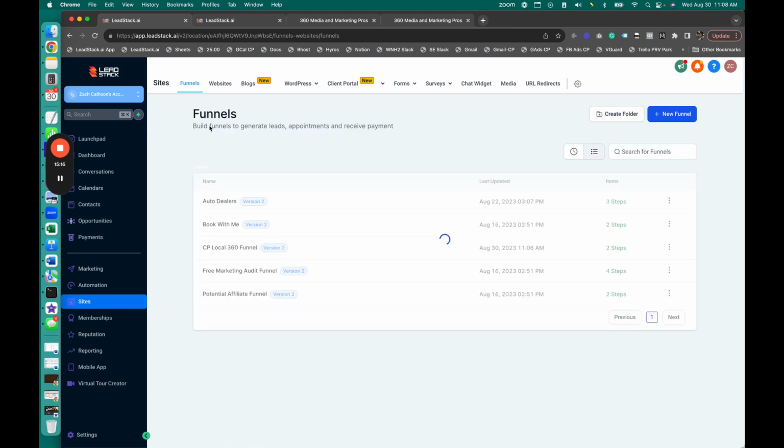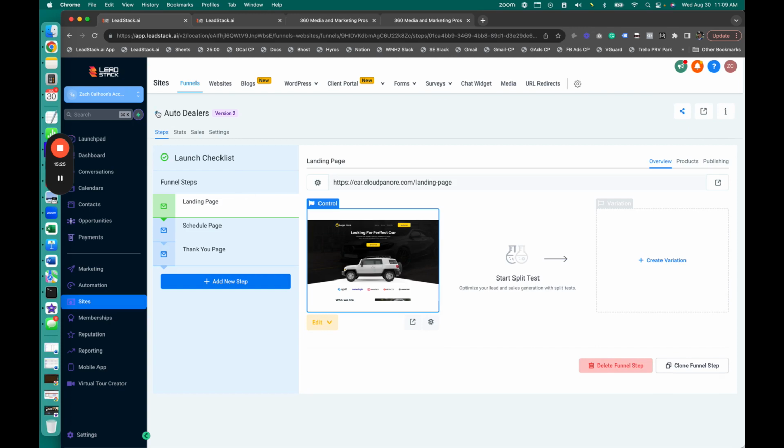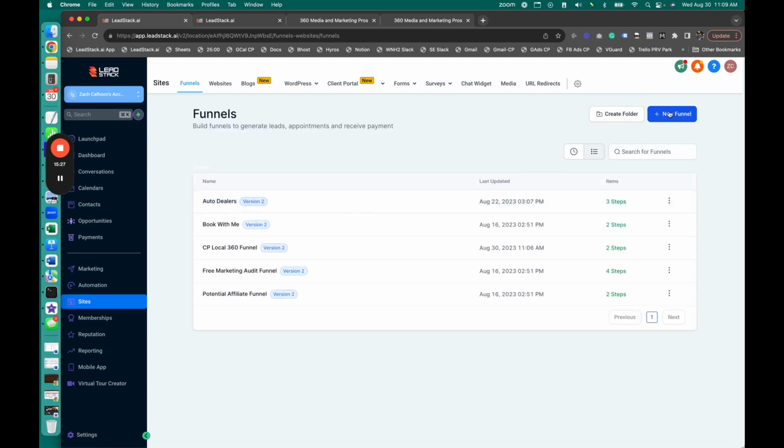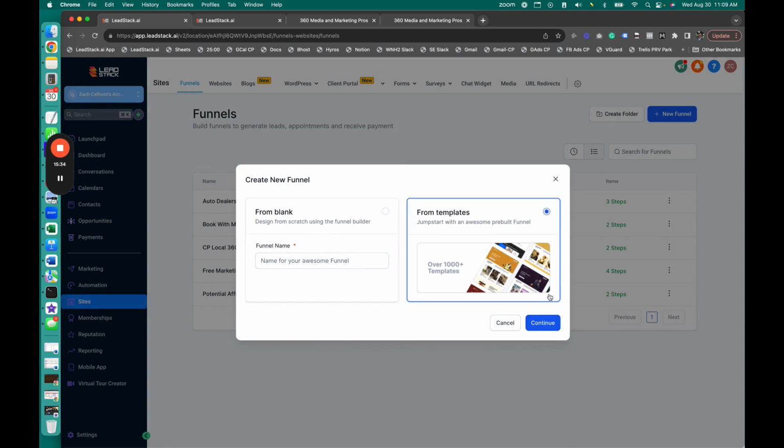I'm gonna go back and I'm gonna show you. So we have templates, okay? Templates you can use. And this, for example, is an auto dealer template that I pre-installed, and I'm gonna come back to that in a second. When you click new funnel, you can start from blank and build all that stuff I showed you from scratch like we did, or you can use a template,